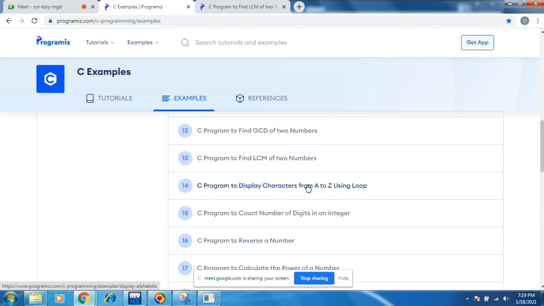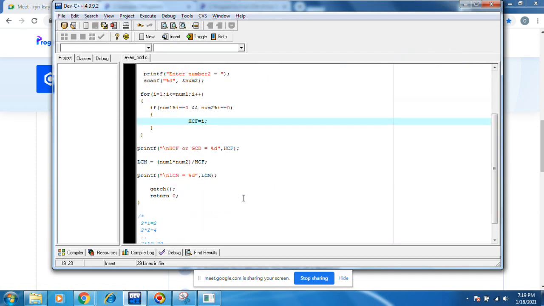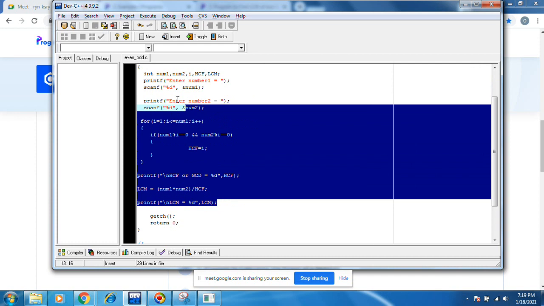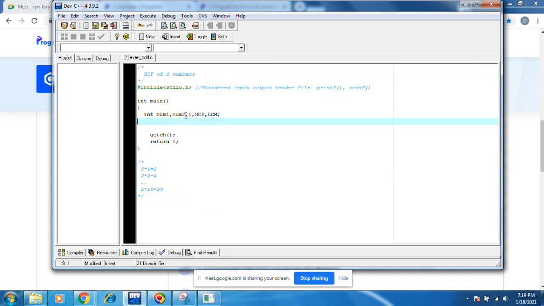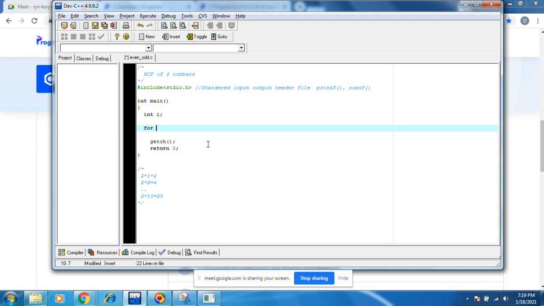Okay, let's go to another program. C program to display characters from A to Z using for loop. I want only one variable. For i equals 63, i less than 92, i plus plus.